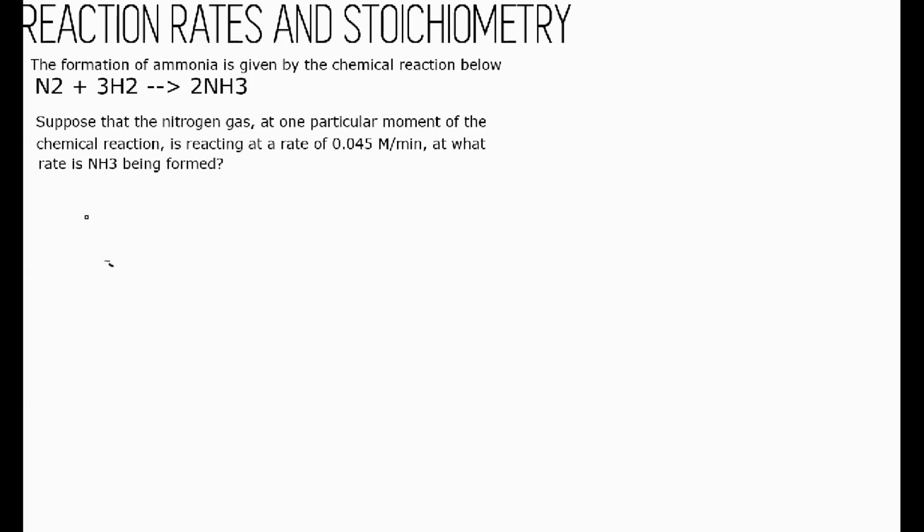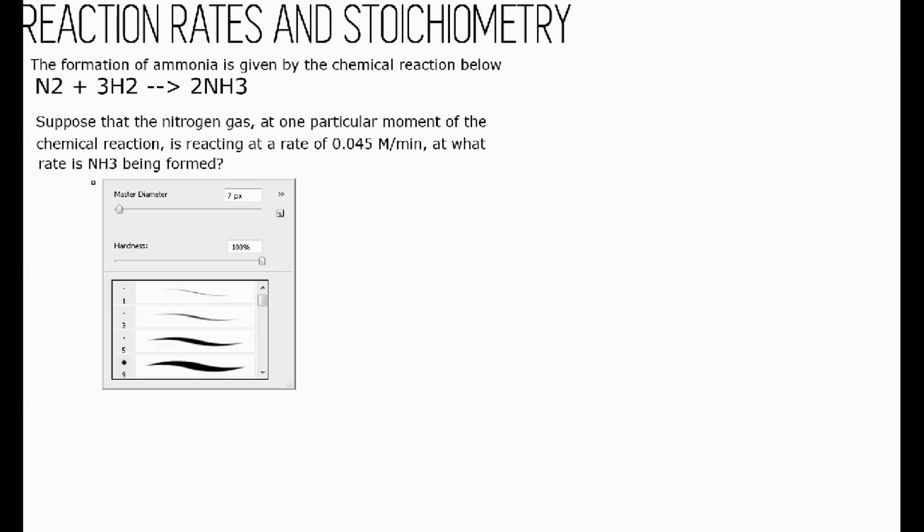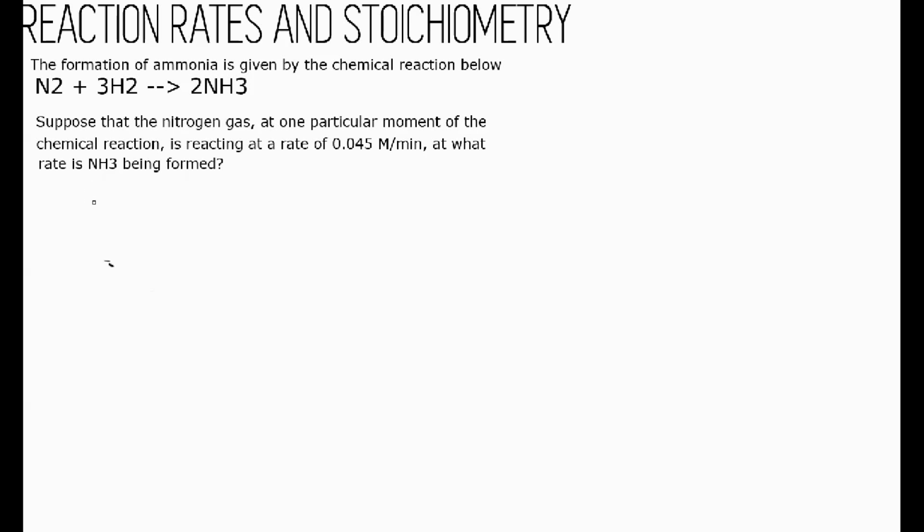So now that we have different coefficients for each of the chemical elements and compounds involved in a chemical reaction, we can easily assume that 0.045 molarity per minute does not also apply to ammonia. So the first step that we are going to do now is to write the rate expression for the whole chemical reaction. The rate expression for the whole chemical reaction is rate equals the change in the concentration of nitrogen gas over change in time. This is in negative. This also equals the negative